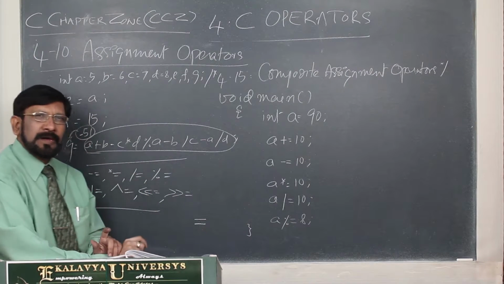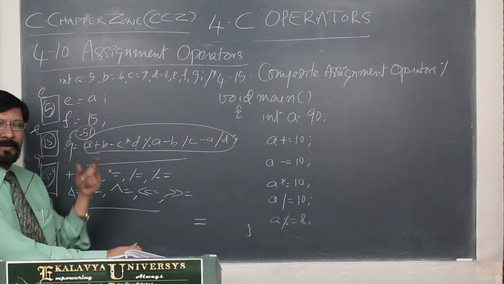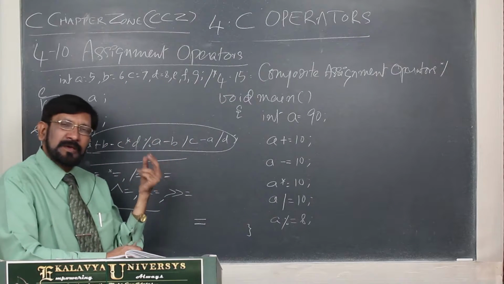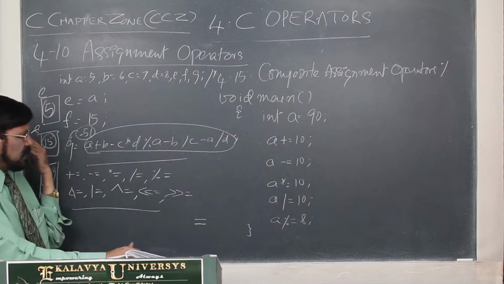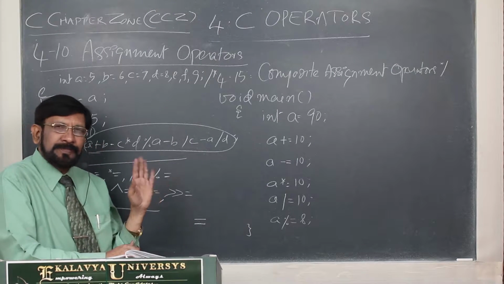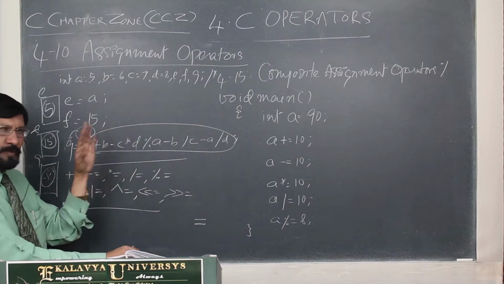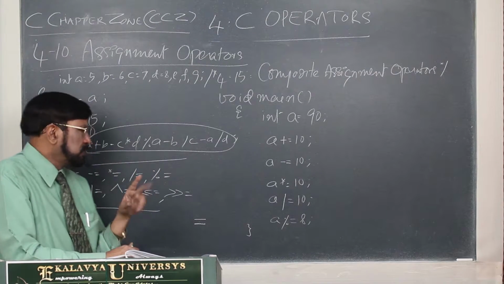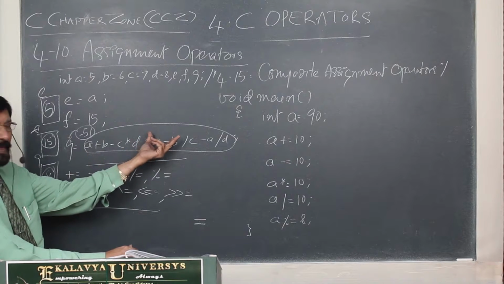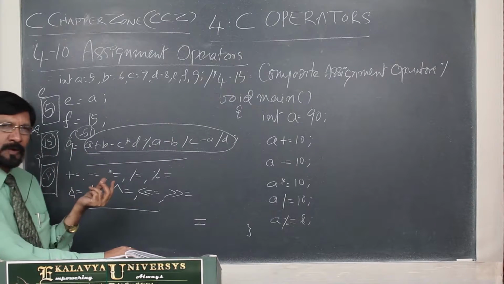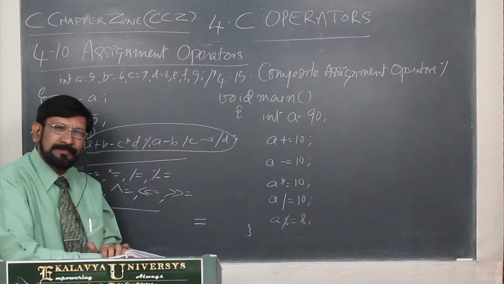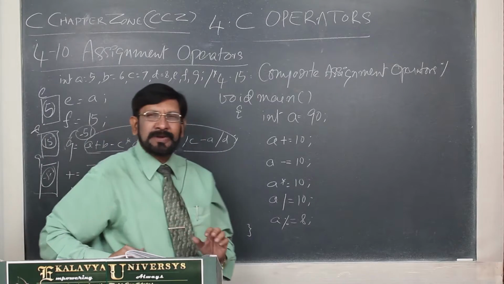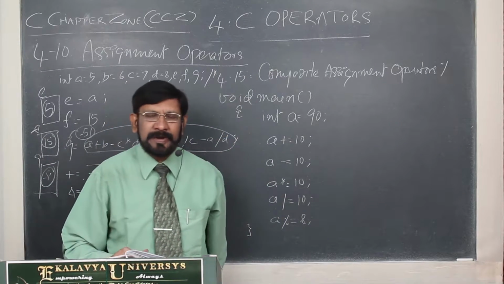So on the right hand side of the assignment operator, you may give a variable, or a constant, or an expression. In an expression, n number of terms may be there. There is no limit on that. Ultimately, the expression is evaluated subject to the rules of precedence and associativity, and then the final result is stored in the variable which is placed on the left hand side. That we learned. Now I am introducing composite assignment operators or compound assignment operators.